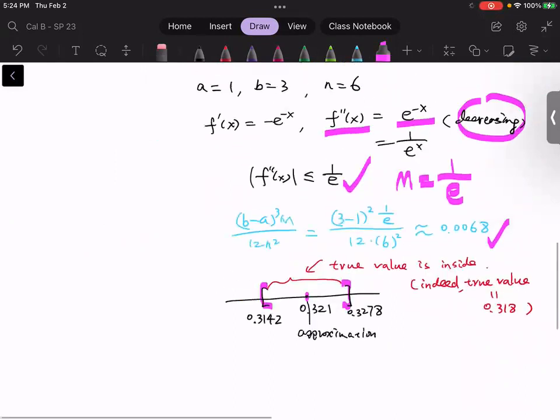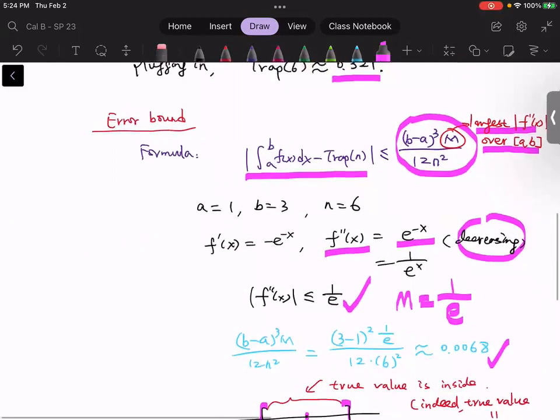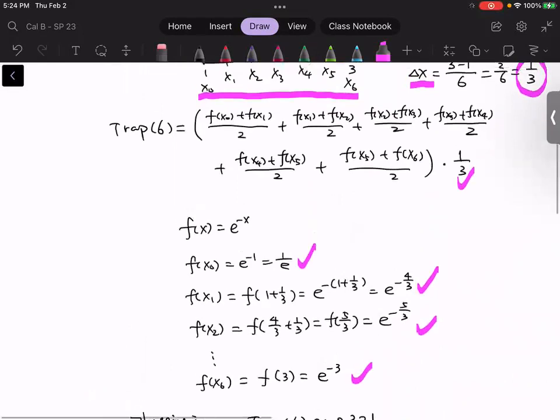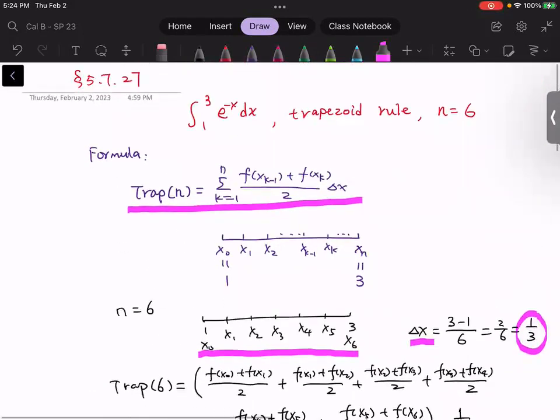So this is why, other than the approximation formula, it's important to understand the error bound. I believe this particular example will be sufficient for this section. Thanks for